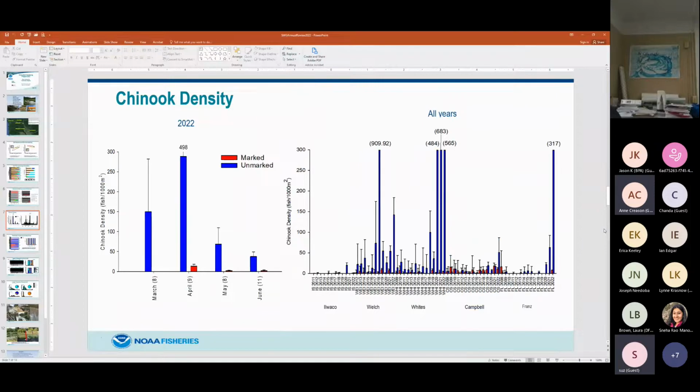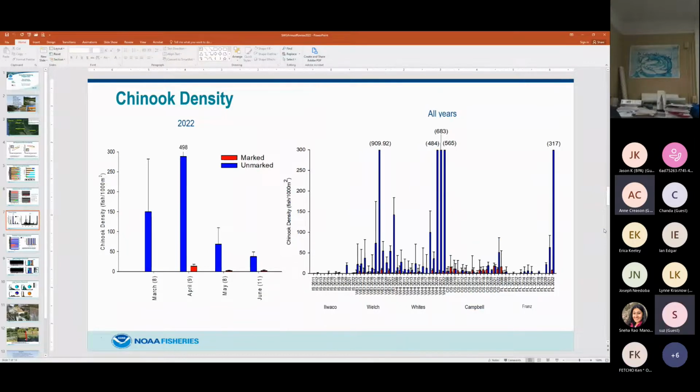As you see, for all years, it's hopefully not too confusing of a graph, but we never catch a lot of unmarked Chinook, or I'm sorry, marked Chinook. And we do often have high density catches of unmarked Chinook. Therefore, graphing it sometimes can be difficult. So those numbers above the bars are the actual values in which we